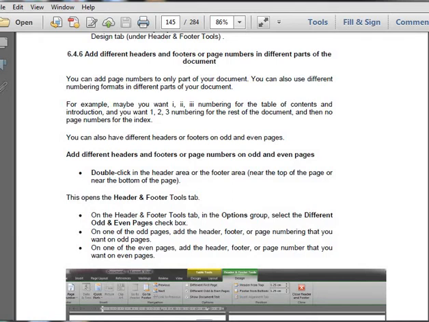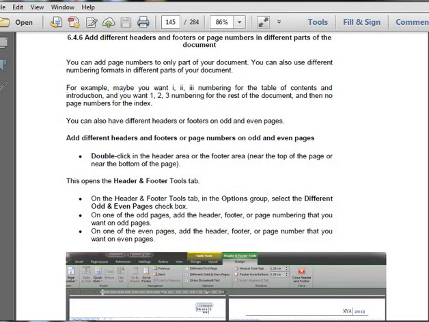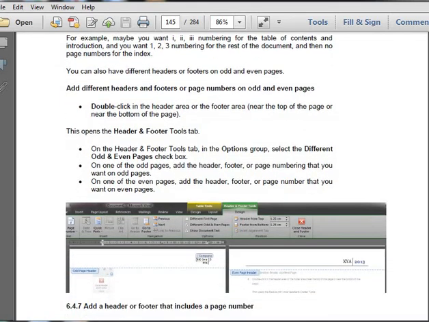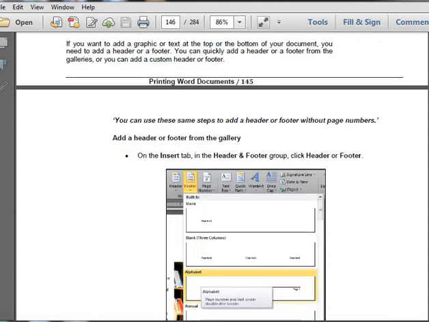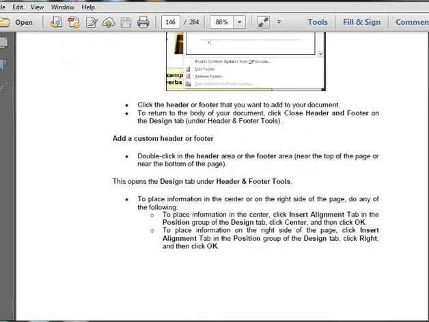Then there are headers and footers. So there are options to add headers and footers. The top portion that you do not use, that is empty, is known as the header, and obviously the lower portion is known as the footer. So both of these can be edited. You can add various texts or symbols to the headers and footers.